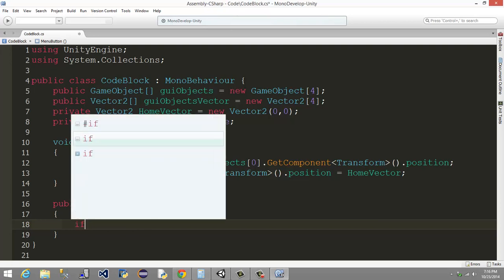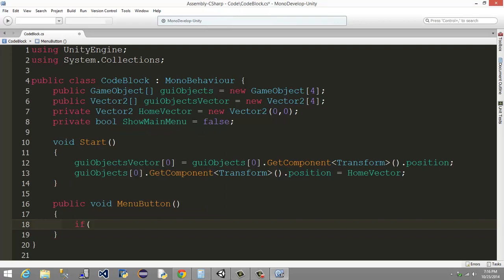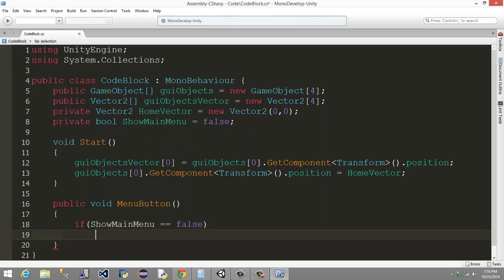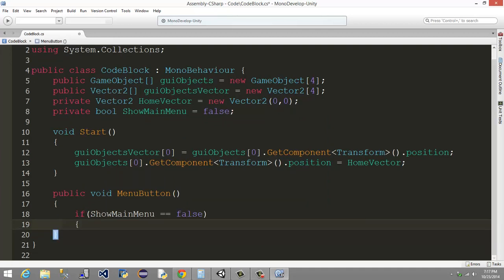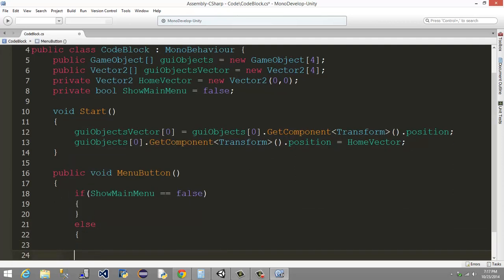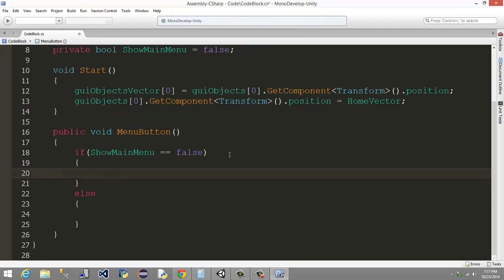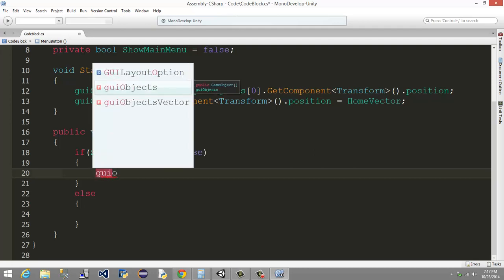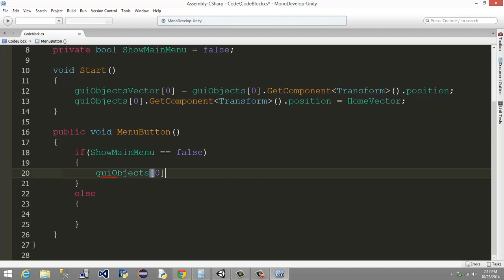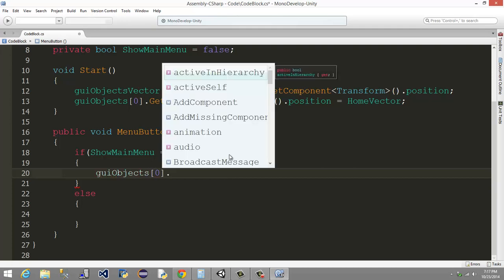So again, all I will do is, pretty much, if show main menu is equal to false, else. Alright, and then what I will do is I will do the GUI objects, the first one, and then